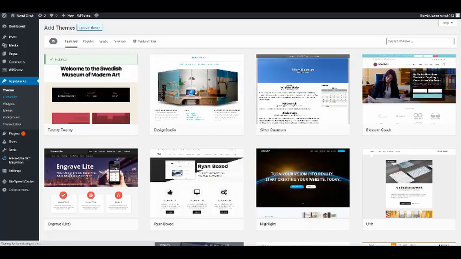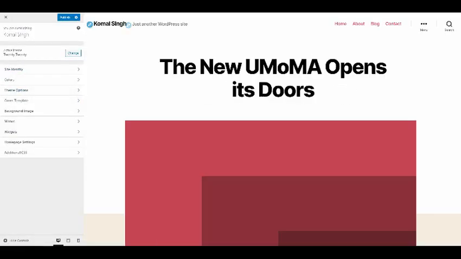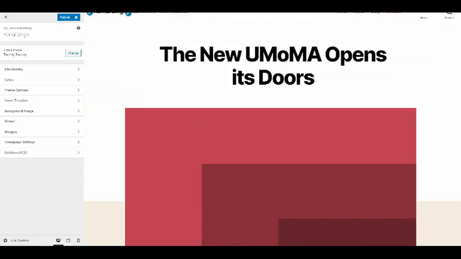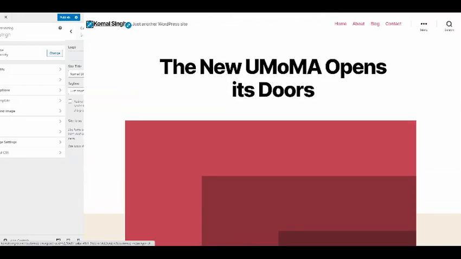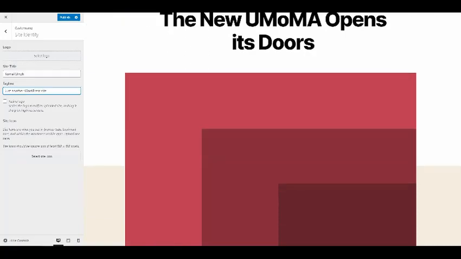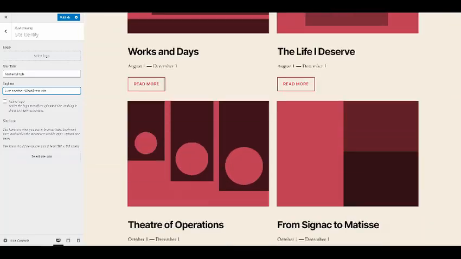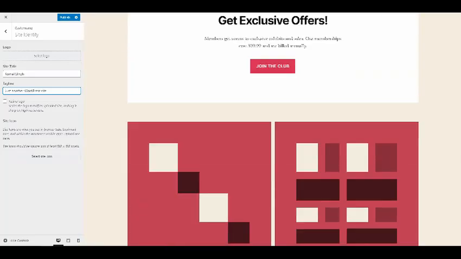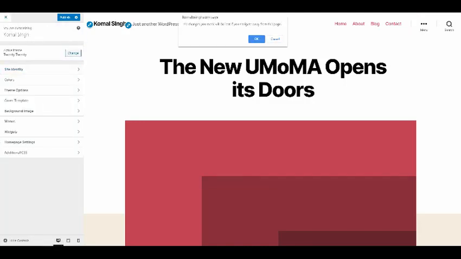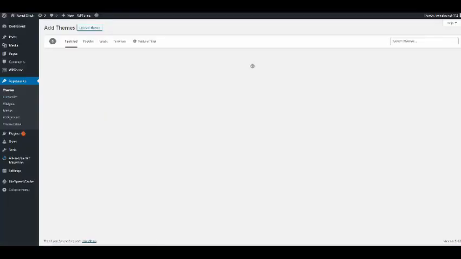Okay, now from the customize section, using customize, you can customize your website. This is my website. From the customize section, I can customize what I want on my header, what I want here, what I want in my blog section. Do I need this kind of navigation or not? I can just switch it on or switch it off using my customize section. Okay, so I don't want to change anything now.